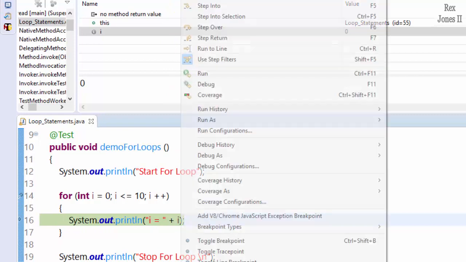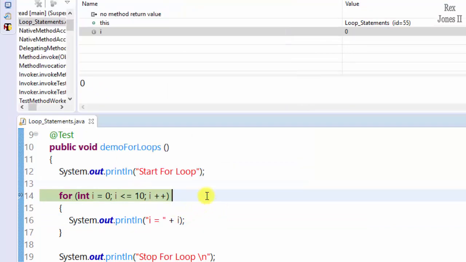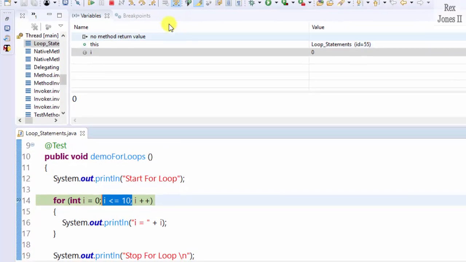Step into, and i equals 0 is printed to the console. Execution is back at the for loop. Our program is now finished with the initialization statement int i equals 0. From this point, the focus will be on the condition and iteration. Iteration i++ will increment the value by 1, then check the condition and verify if the value is less than or equal to 10. Step into,